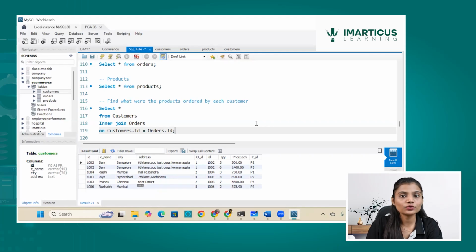Now I definitely know not all the customers have placed orders. So here it is showing only those customers who have placed orders for us. If I want to find all the customers who have not even placed orders, then I will use a left join. Why am I using a left join? Because customers, as a table, is on the left side of my query, and I want all the information from the left table, and that's why I'm writing a left join over here.